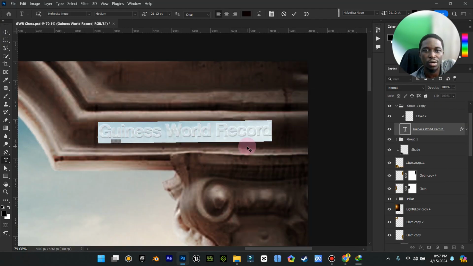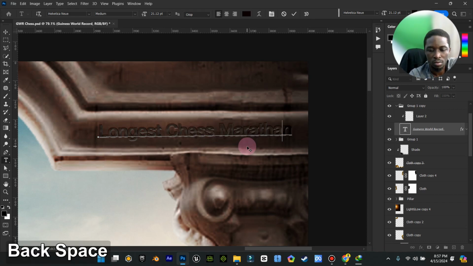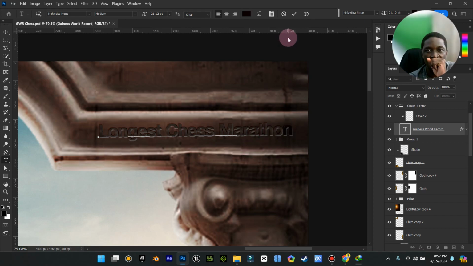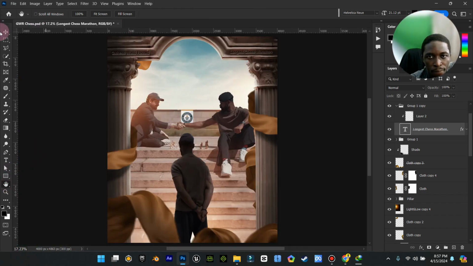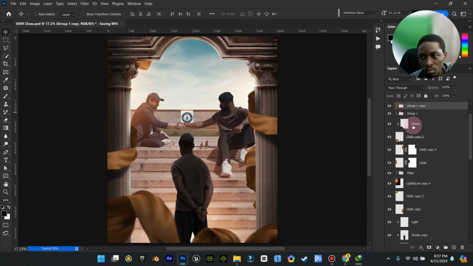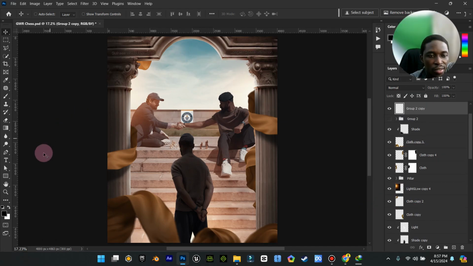Longest chess marathon. So I'm going to group these two, duplicate them, and make them